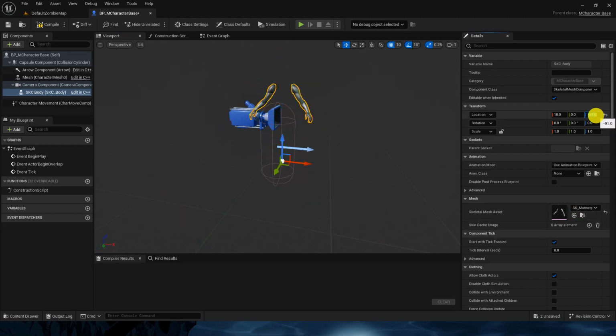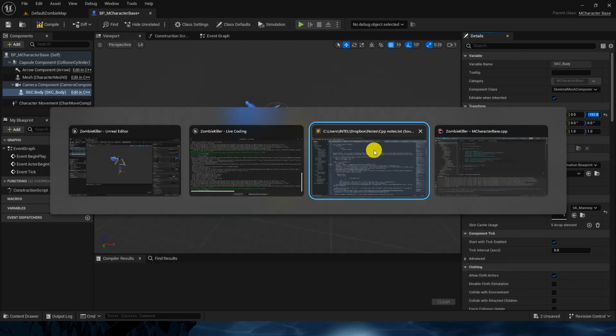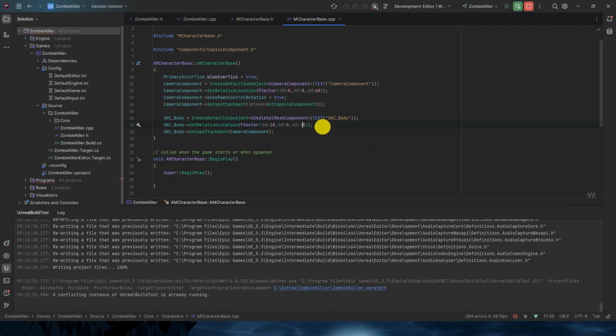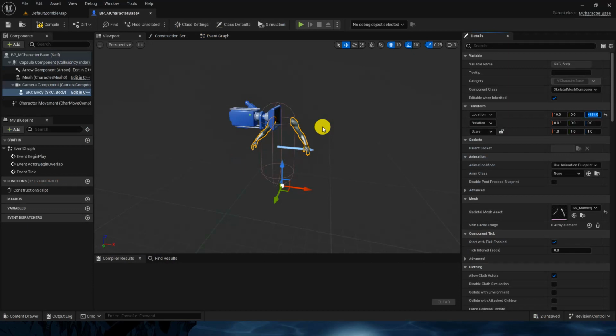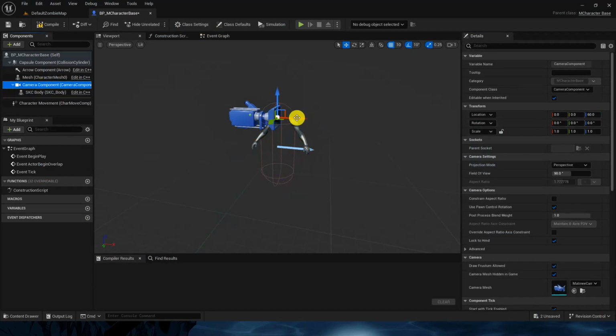Minus 91. Okay, minus 91 minus 60. Okay, it will be minus 150. So minus 150. Next thing is we do want to have the exact rotation, because by default, see,